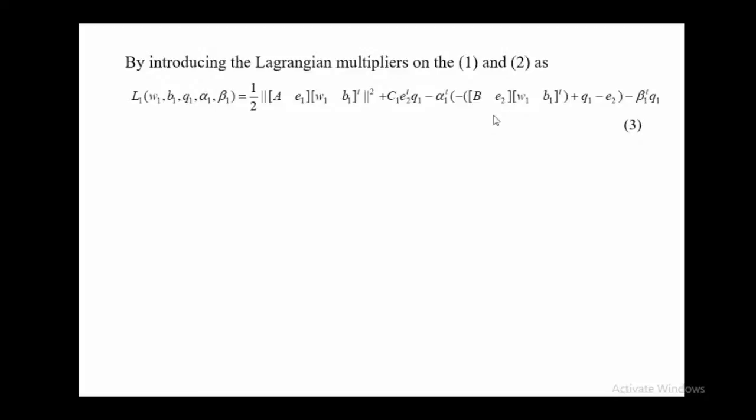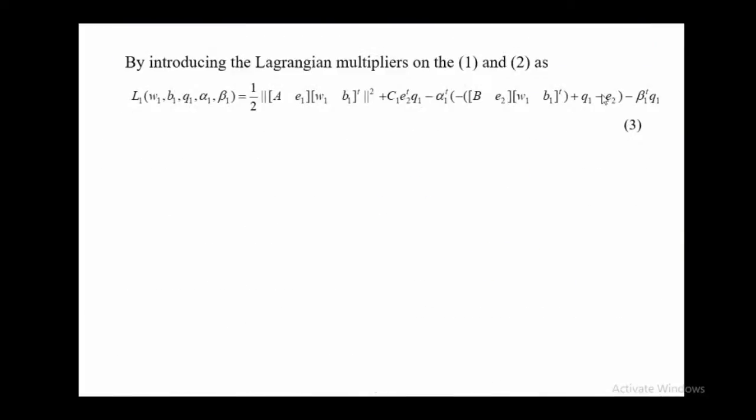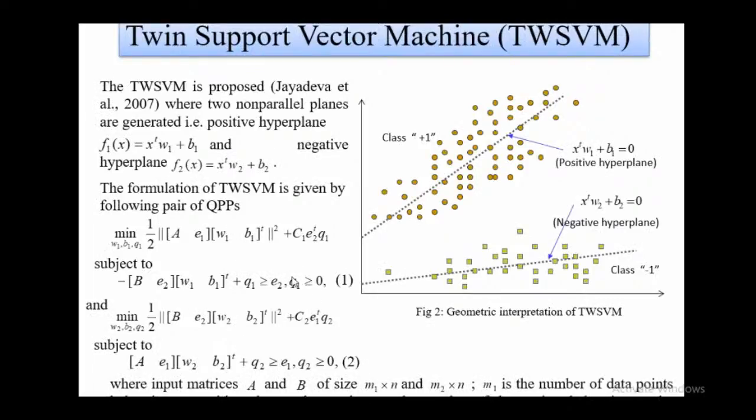So you will see this is your first constraint; just this E2 will come to this side. When you take this to the left side, obviously it will be minus alpha 1 transpose times A2, and the Q1 term is minus beta 1 transpose Q1. Ultimately this is the way to solve the problem, so that's why we are writing it in that particular manner. In the same way for this problem, this is your objective function, minus alpha 2 transpose times this particular term, minus E1 will come to this side, and minus beta 2 transpose Q2.